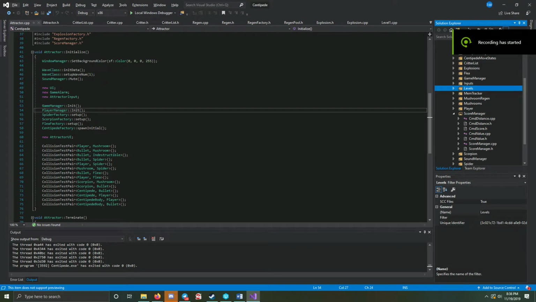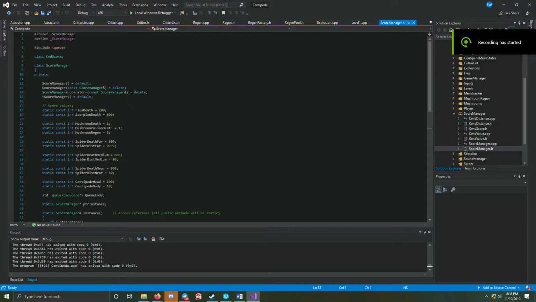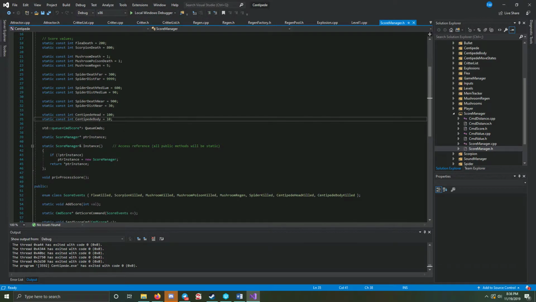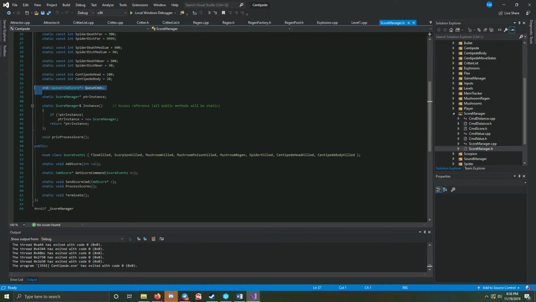So first I'm going to go over the score manager. The score manager is very similar to the one that was showcased. We have different values for the points and the requirements for the spider distances. We have a queue of commands. This is a singleton, so we have our instance, score events right here, add score, send score, the very basic